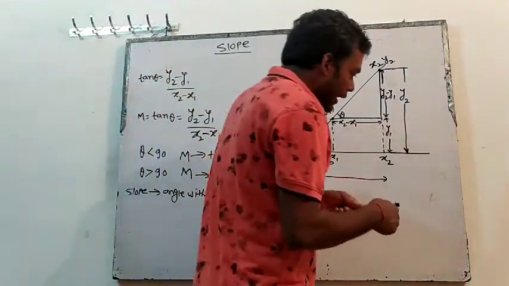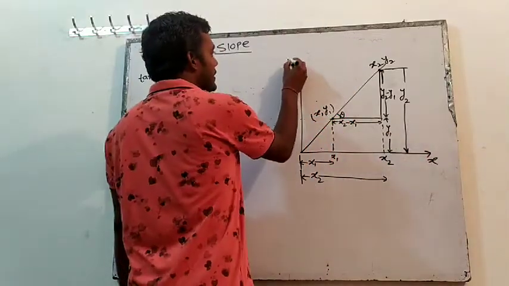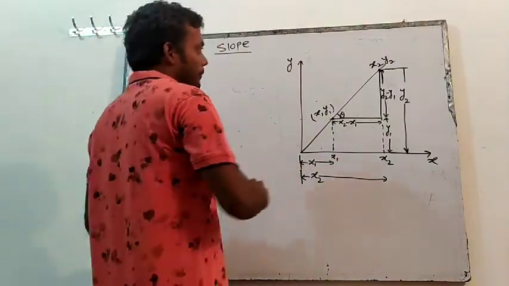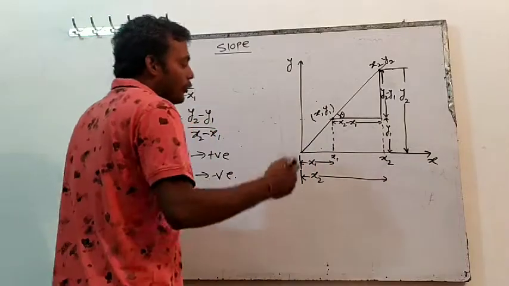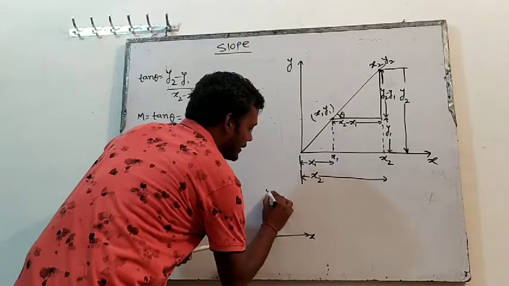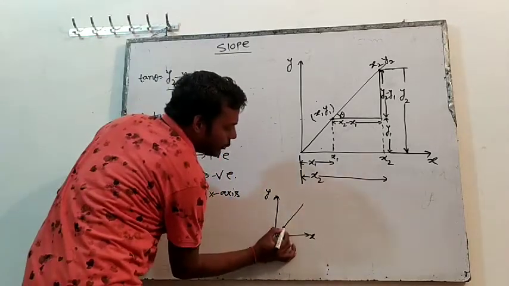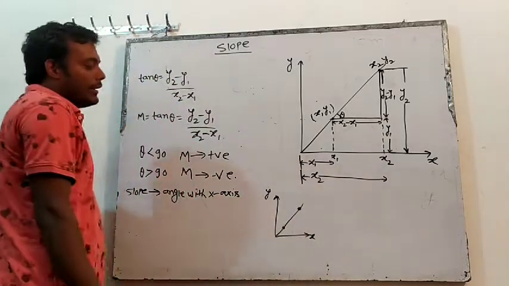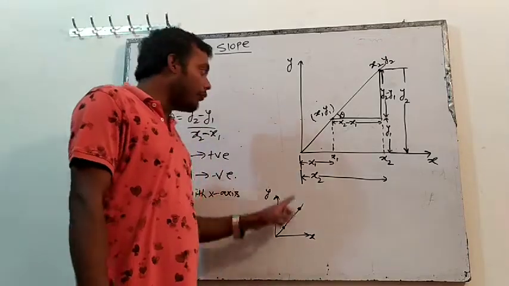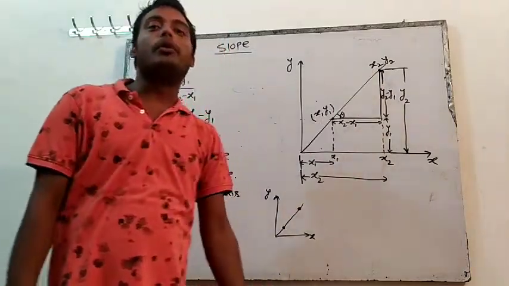We all know that in class 11 mathematics, this axis is known as the x-axis and this axis is known as the y-axis. Let's say there is a straight line like this. If I take any 2 points on it, each point will have a coordinate. I have assumed this point's coordinate is (x1, y1) and this point's coordinate is (x2, y2).